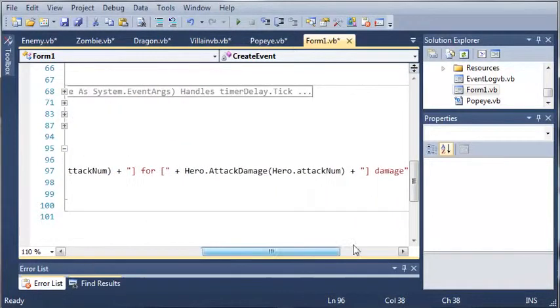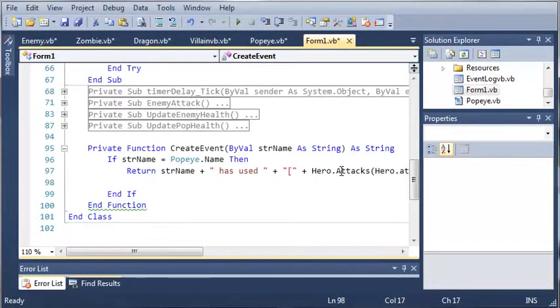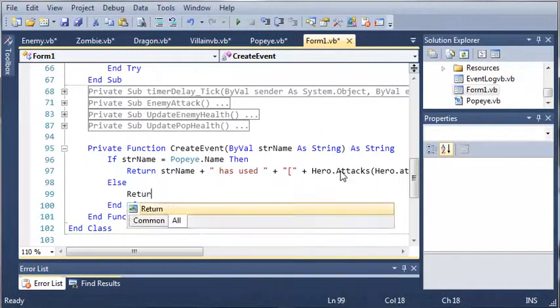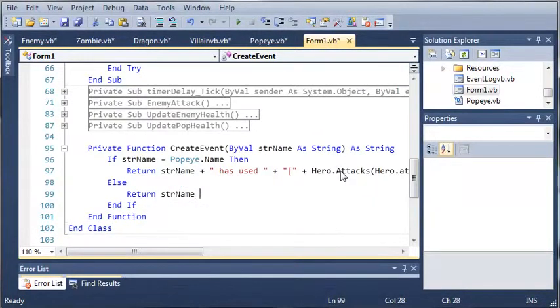So now we need to make an else. So if it's anything else, which would be a type of enemy, we're just going to return stringName, and then we will type has used